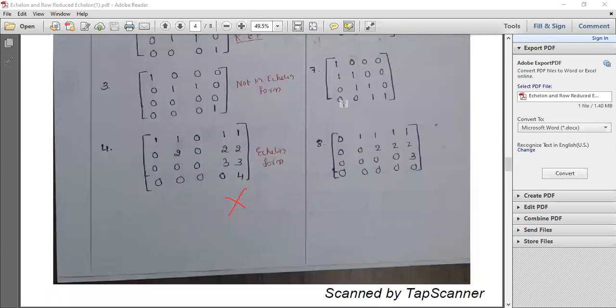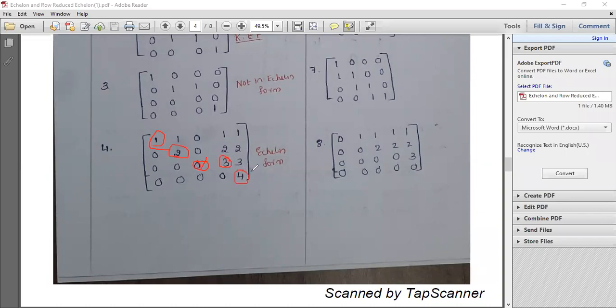Next one you see here. Yeah, this is 1, 1, 1. So this is one leading element. This is the second leading element. Here you can see this is the row where I have to have the leading element, but since it is 0, I'll go with the next leading element. Understanding here? This is not the leading element. This is the leading element. Next is here the leading element.